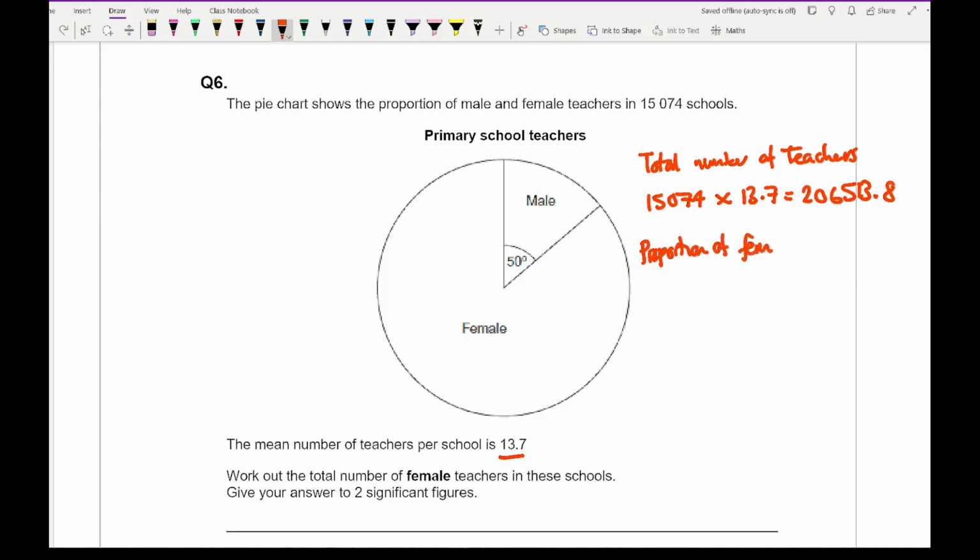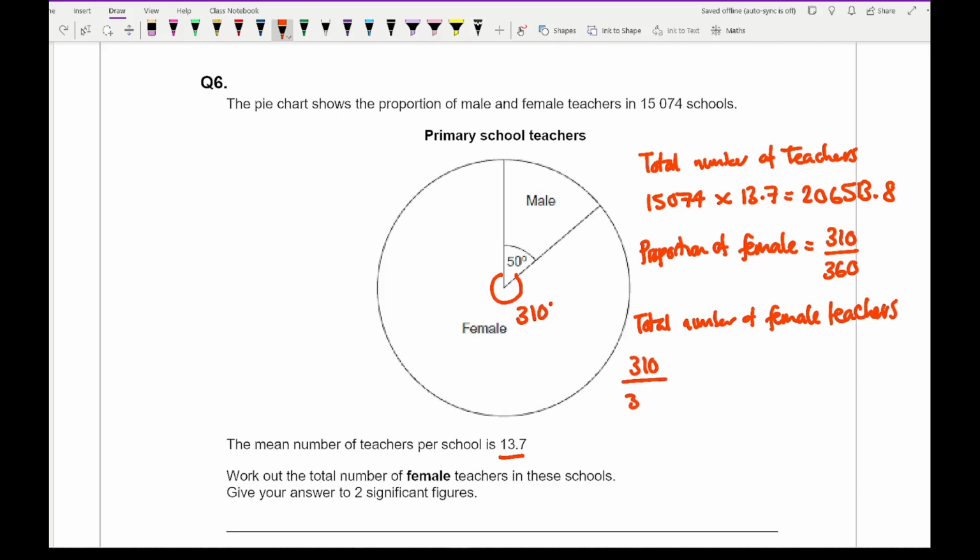of female teachers. Now if I use the pie chart, female teachers is therefore going to be 310 degrees, so it's going to be 310 over 360. So then to work out the total number of female teachers, it is going to be the proportion, which is 310 divided by 360, which I could simplify. I'm just going to leave it as it is, multiplied by the total number of teachers, which is 206,513.8. And if I type that into my calculator, I get an answer of